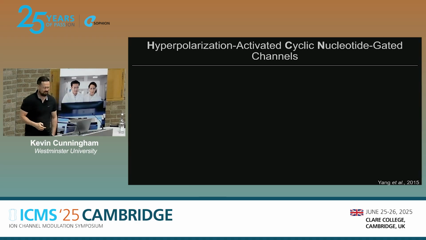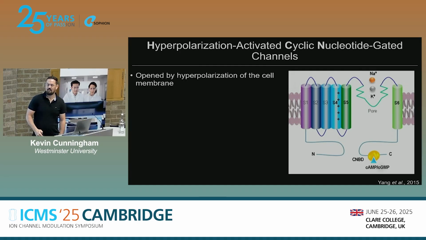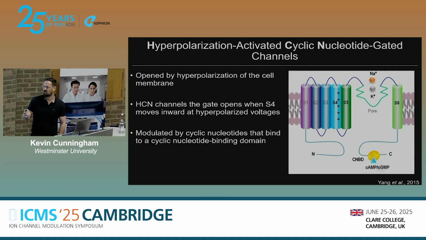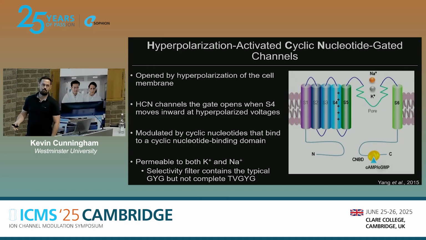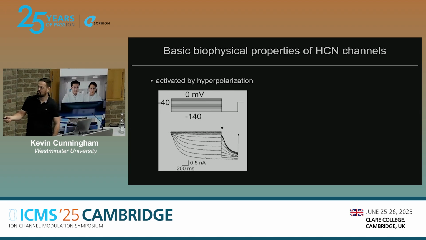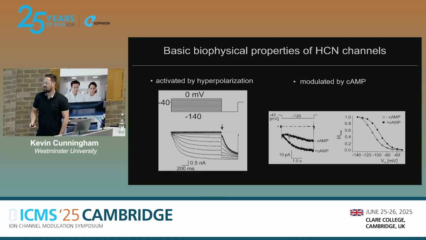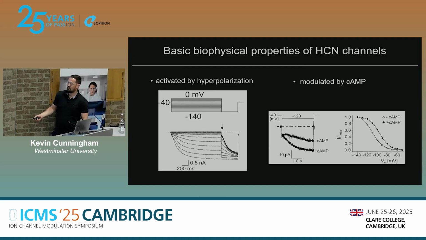So my talk today is on HCN channels, so hyperpolarization activated cyclic nucleotide gated channels. And they do exactly what it says on the tin. They're opened by hyperpolarization, and they're modulated by cyclic nucleotides through this binding domain here. And they're permeable to both sodium and potassium. Some of the basic biophysical properties: as we go to more hyperpolarized voltages, we get an increase in current, and they're modulated by cyclic AMP. So the addition of cyclic AMP not only increases the current, it shifts the activation to more physiologically active